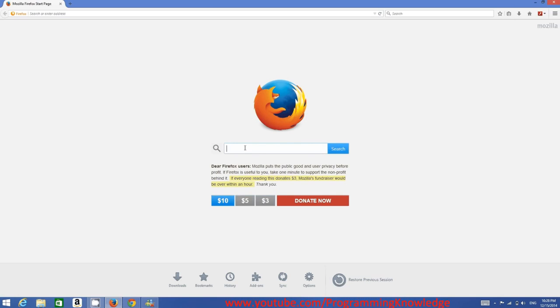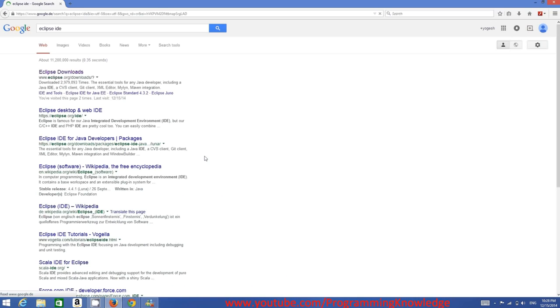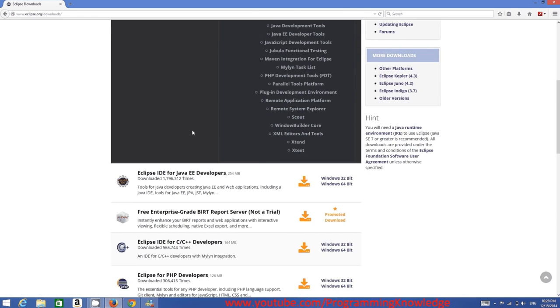So first of all, open your favorite browser and search for Eclipse IDE. And the first link that hopefully comes up is www.eclipse.org. Just click this link here. And in here you will be able to see this download button. Click this download button. And in here you will be able to see different